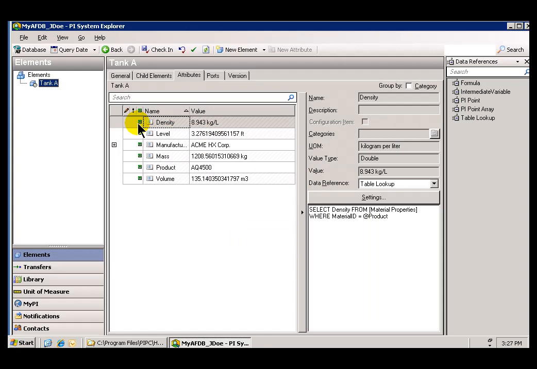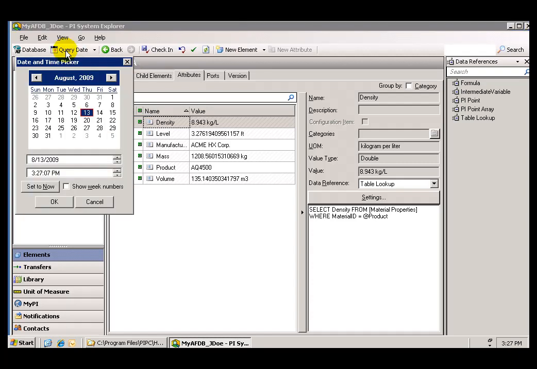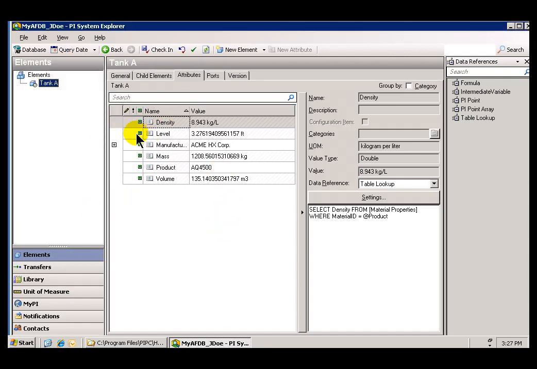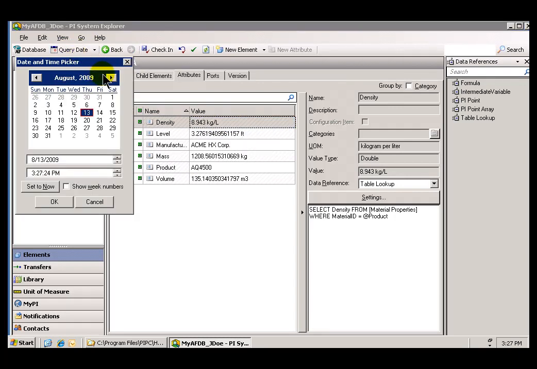Now again, maybe this is belaboring the obvious, but let's take a look at the last step in the exercise, which is to inspect this by switching the query date. Right now we are looking at just the default query date, the current date on System Explorer. And so we're seeing product AQ 4500, density 8.9. If I switch the query date to, let's just go with, say,